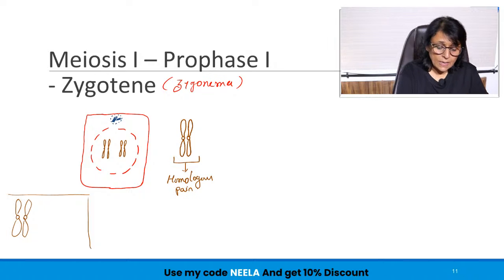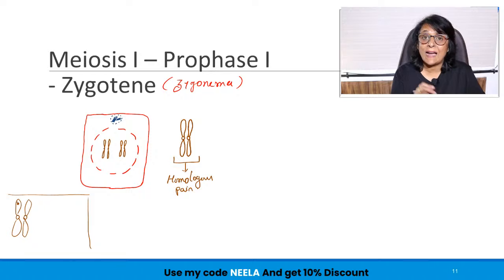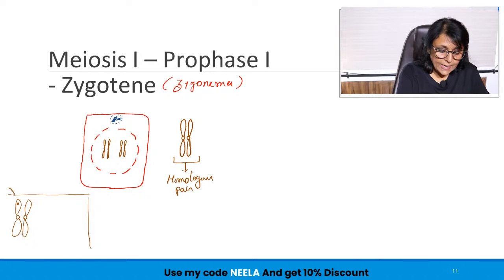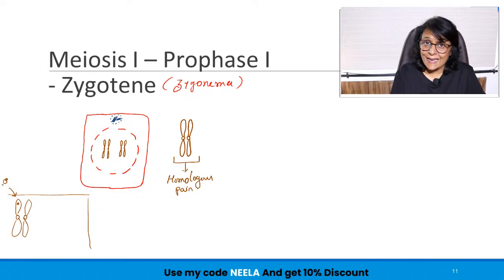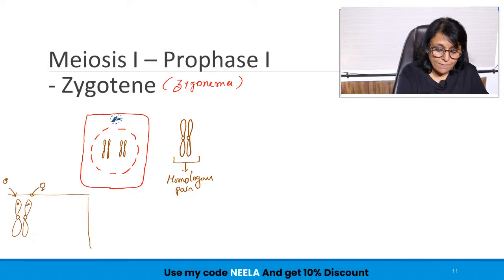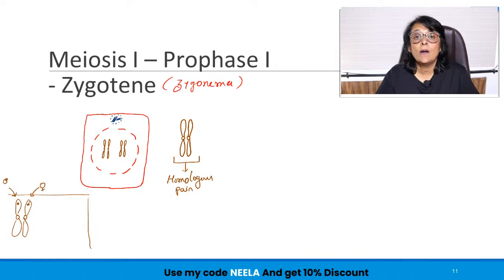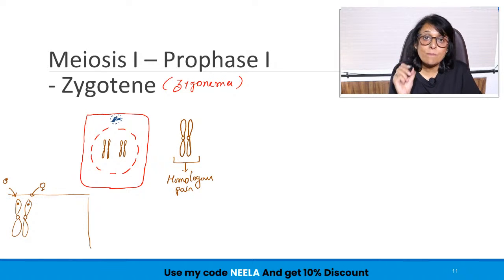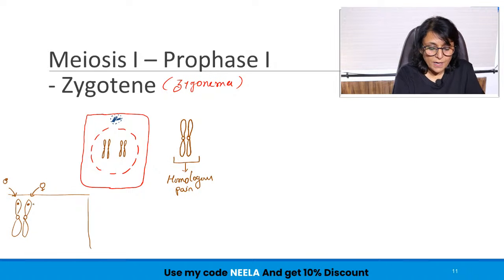So suppose this chromosome has a gene for height, and this chromosome has been received from the male gamete. The chromosome which is received from the female gamete will have the gene for height at the same position. So position becomes the locus,